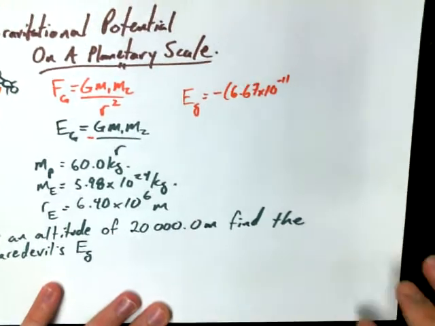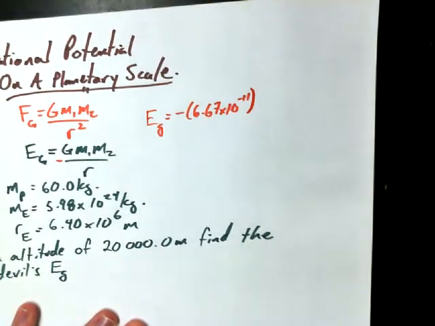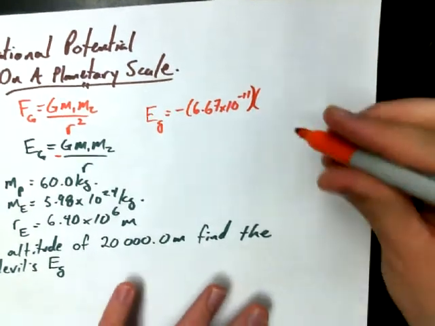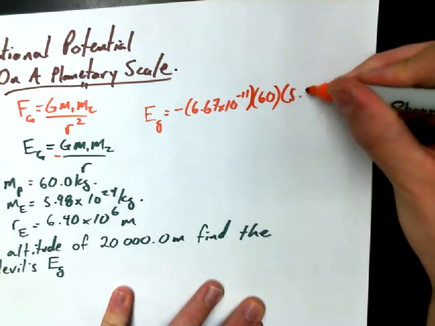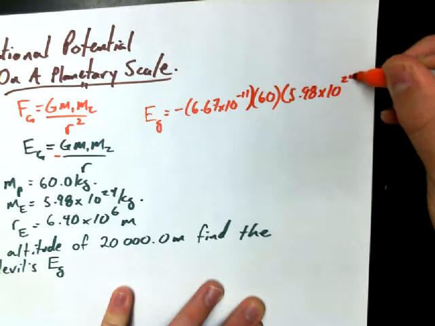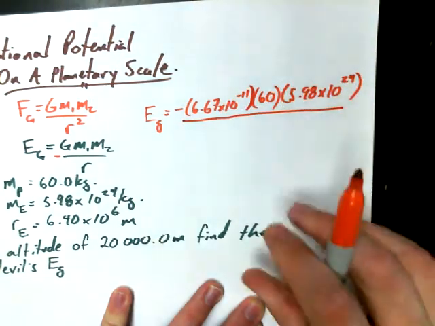And for lack of space, I'm going to drop the units, but of course you should always write your units. I just have a great big fat marker here. 6.67 times 10 to the power of negative 11 times the mass of the person, which is 60 kilograms, times the mass of the planet, which is 5.98 times 10 to the power of 24 kilograms, all divided by the